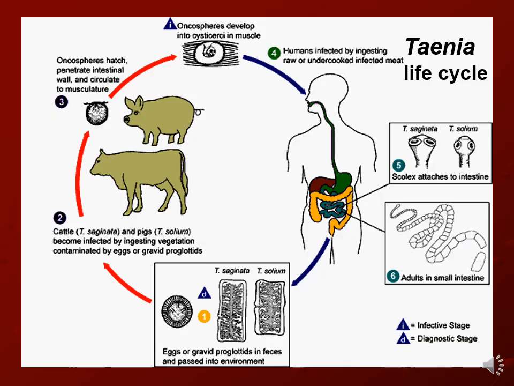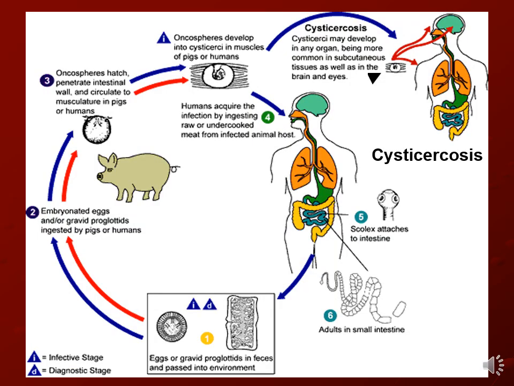So this is the Taenia life cycle. But one more thing, here we have cysticercosis. You read on this slide cysticercosis. It's the same life cycle, but here we see only the pig in this picture. We see only the pig. Okay, why is this so? This is so because